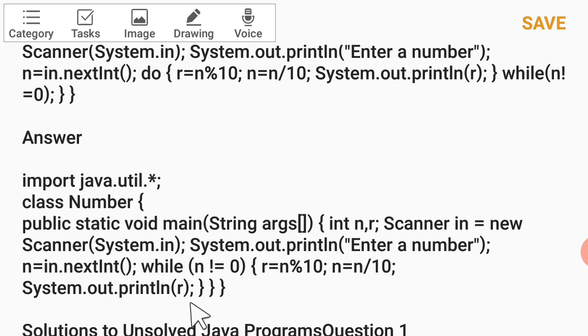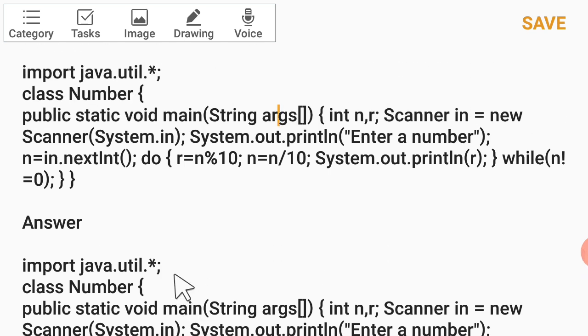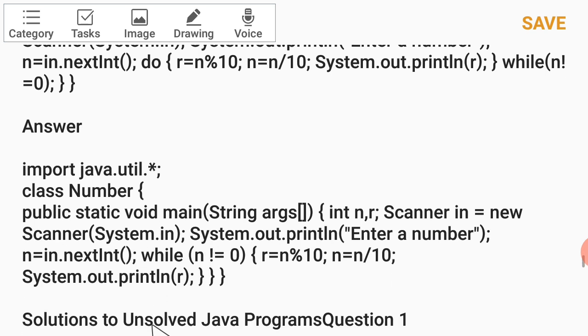Alright, so we can see here whatever was there, we have simply transformed that into while. The while will come before, so I have written here while n not equal to 0, that was also there in the do while, and that has come here in the beginning. Alright everyone, after that the rest of the code is the same, but the difference will be of while and do while. So the do while has to be converted into the while one. Then you can see that whatever is in the loop body is written as it is here, right? And where is the update? So n equal to n divided by 10 is basically the update.